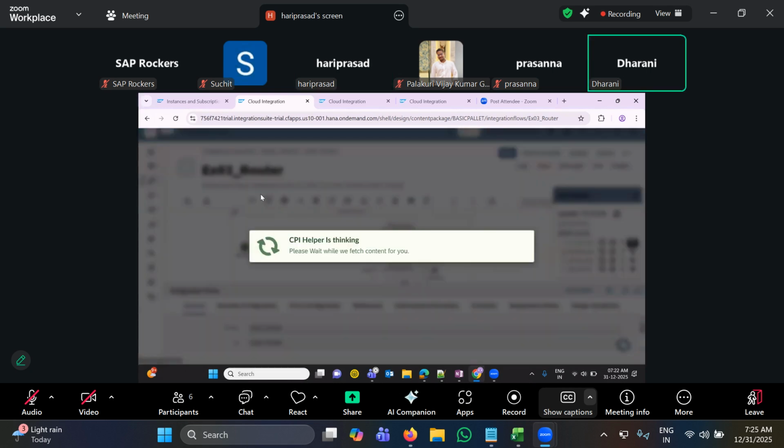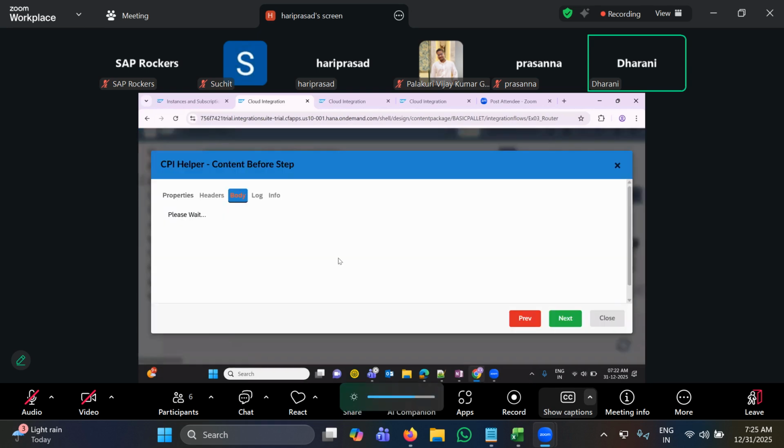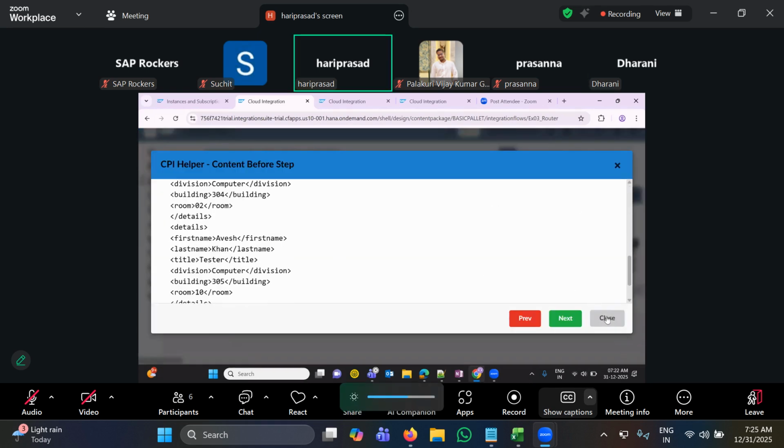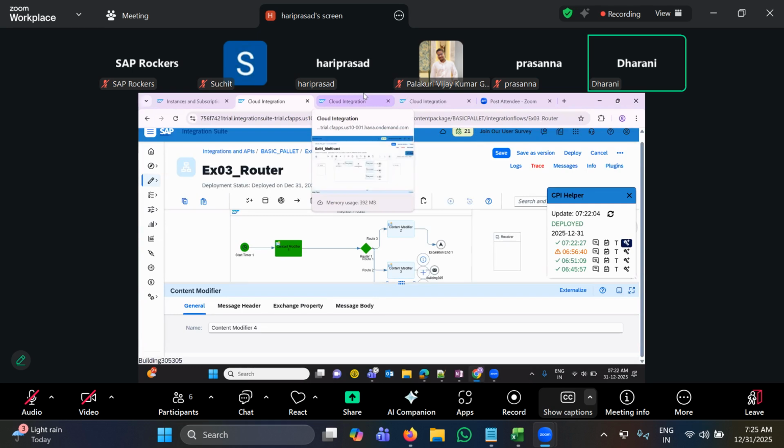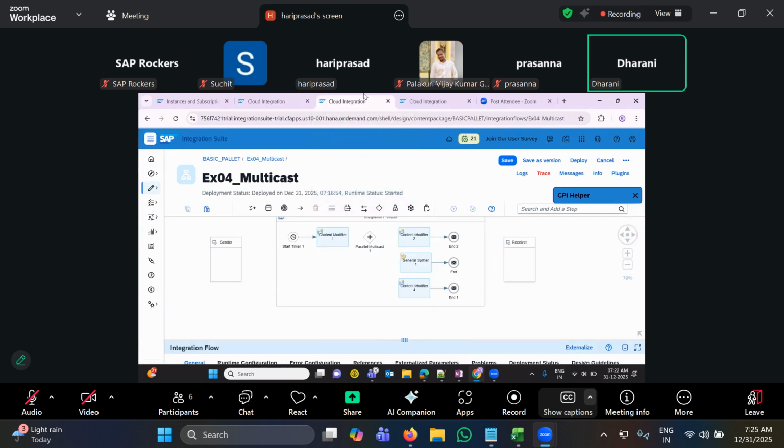This part is clear, Hari. Why you used a splitter with the router is clear. I was confused why you used the splitter for the multicast. See, for the router, because there is a condition, you have used the splitter. Okay, so why I used the splitter means I